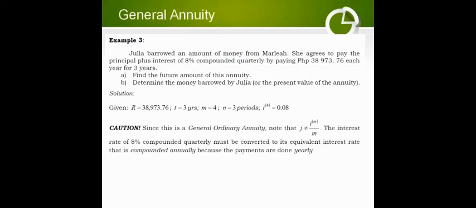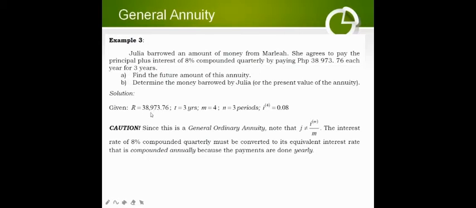The situation or the problem is Julia borrowed an amount of money from Marleya. She agrees to pay the principal plus interest of 8% compounded quarterly by paying 38,973.76 each year for 3 years. So find the future value or find the future amount of this annuity. And letter B, determine the money borrowed by Julia or the present value of the annuity. The solution, so your R is equivalent to